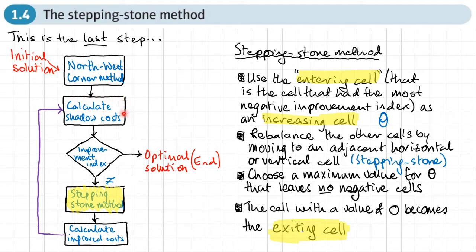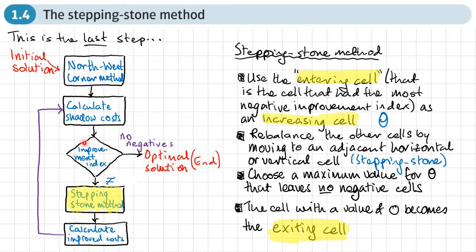So we've done the north west corner method, that was the first section, that gives us an initial solution. Then we calculate the shadow costs, so that was the second section that we went through. After we've calculated the shadow cost, we then calculate the improvement indices. And what we found is that if all of the improvement indices are positive, so we have no negatives in our improvement indices, then we've found an optimal solution, and then our steps end like in this flowchart and